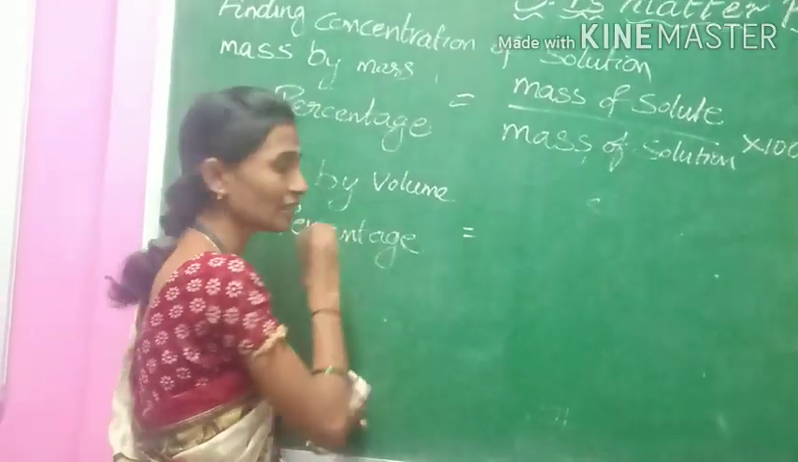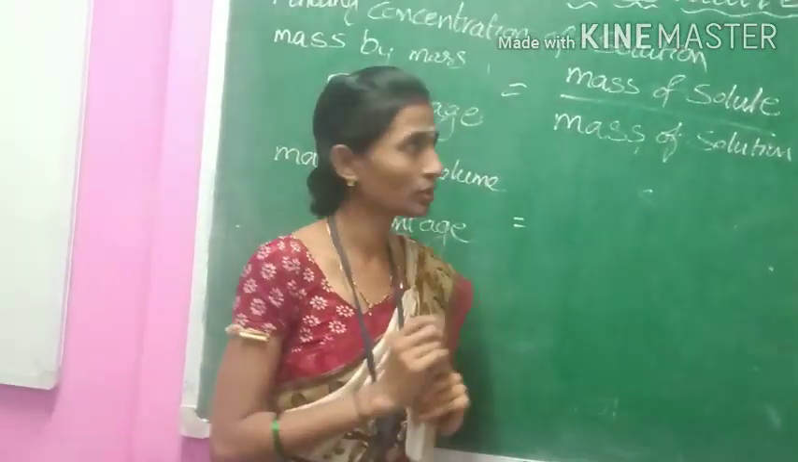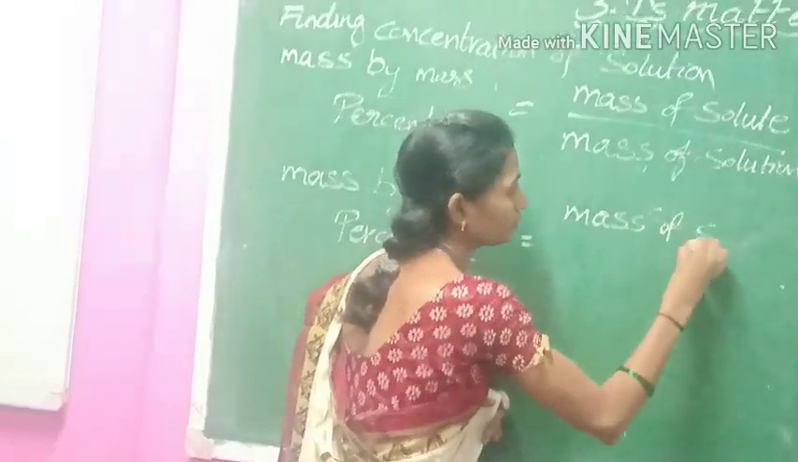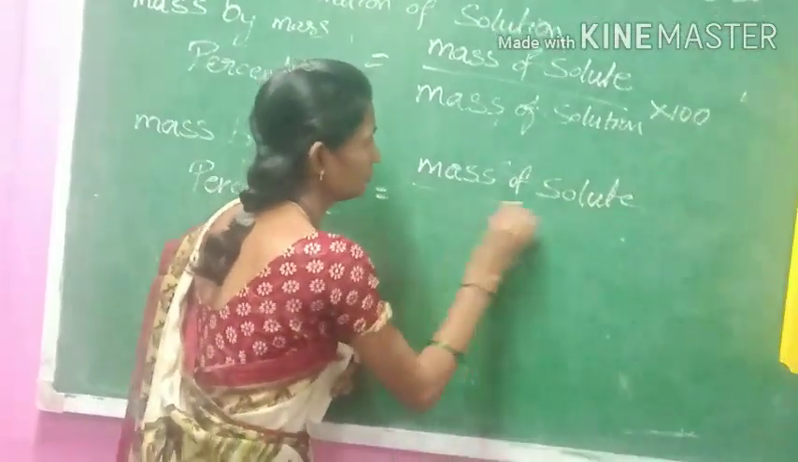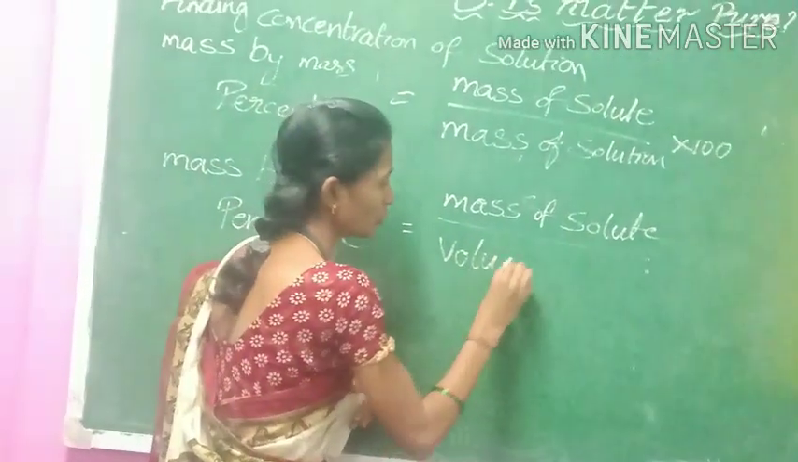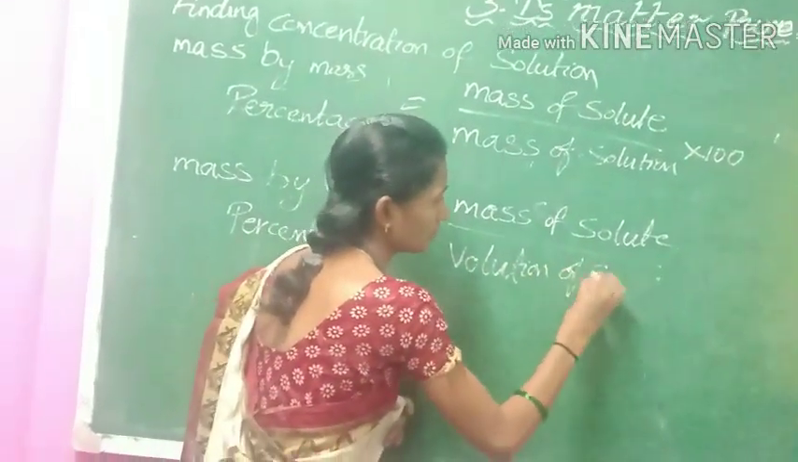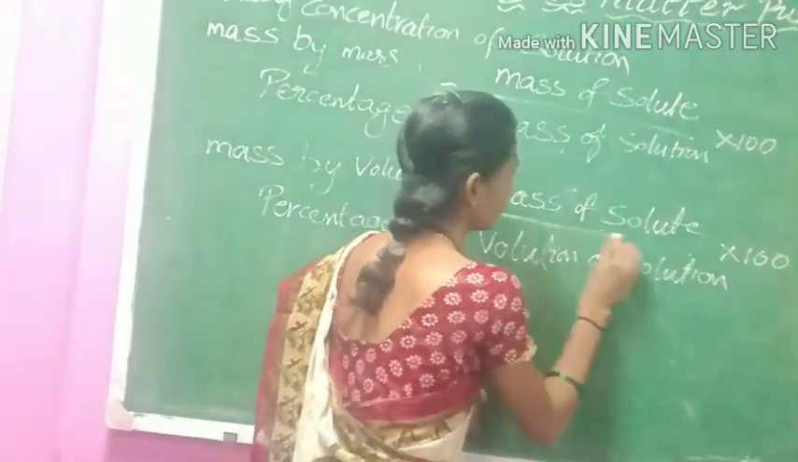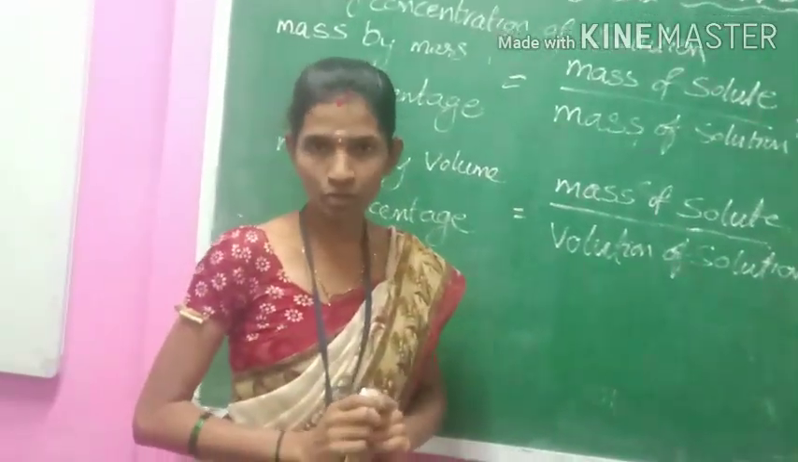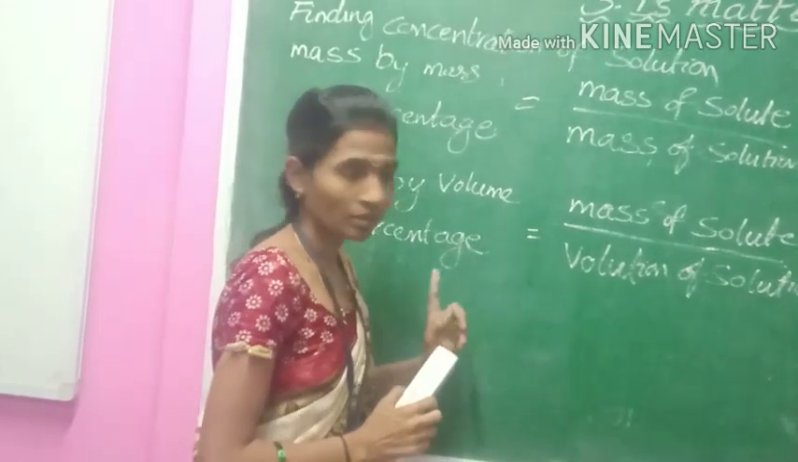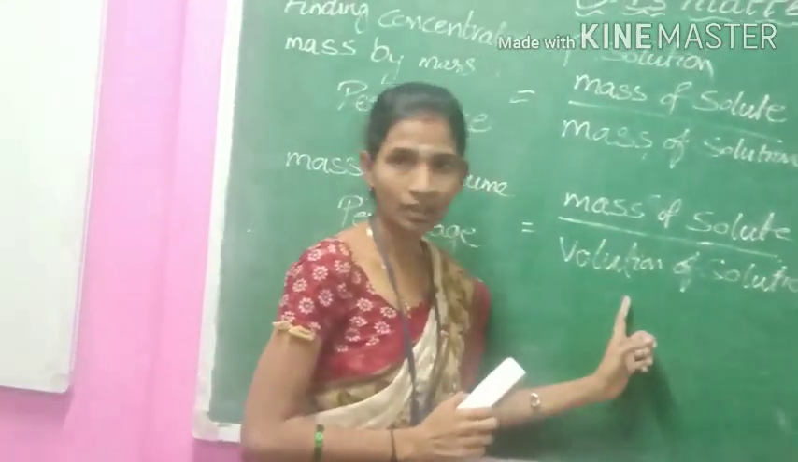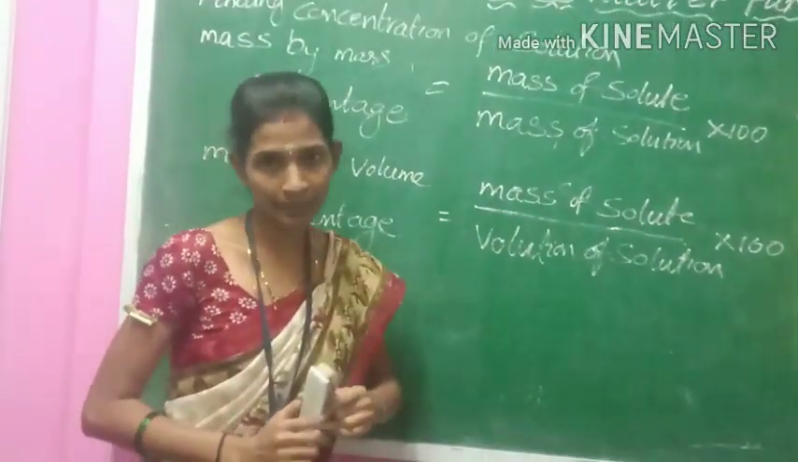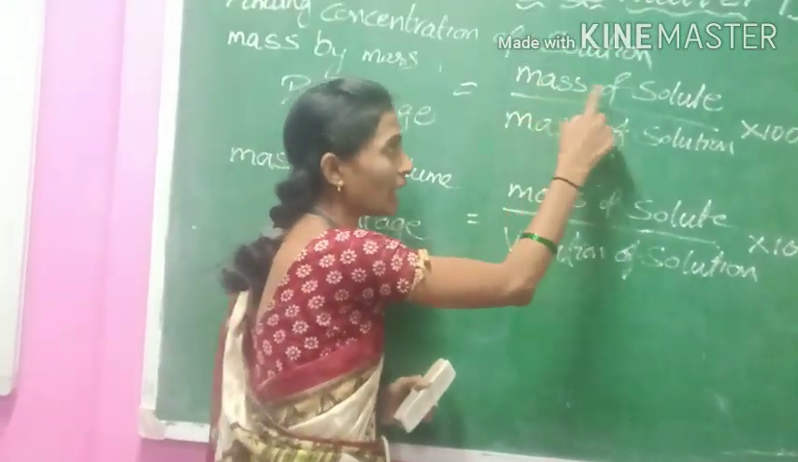Whereas the second way is mass by volume percentage, that is mass of solute by volume of solution into 100. To find the concentration of the solution by mass by volume percentage, the formula is mass of solute by volume of solution into 100. Now coming back to the mass by mass percentage, we had in the formula mass of solute